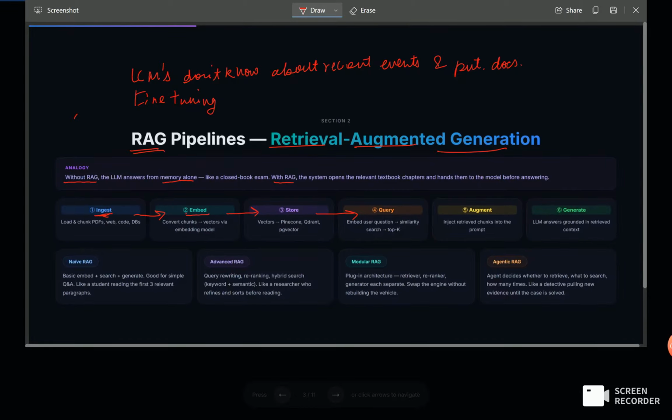Now, what is happening? This goes over here. Then these retrieved chunks are injected into the prompt. Then the LLM generates an answer grounded in the